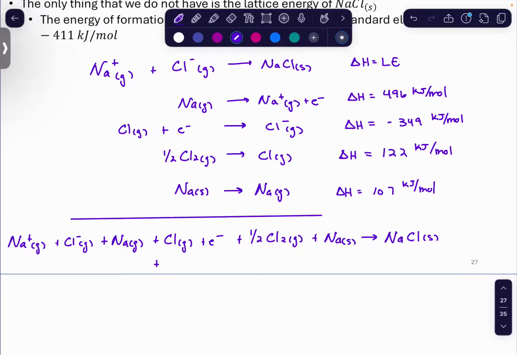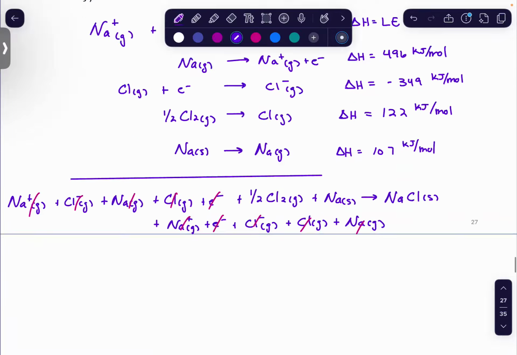And then sodium ions, electron, chloride ions, atomized chlorine, atomized sodium. And so then we say, well, what's the same? So electrons will cancel, chlorides will cancel, atomized chlorine will cancel, sodium ions will cancel, atomized sodium will cancel, and what we're left with